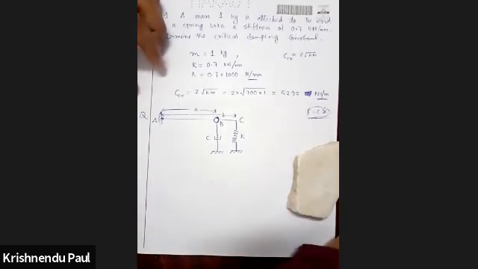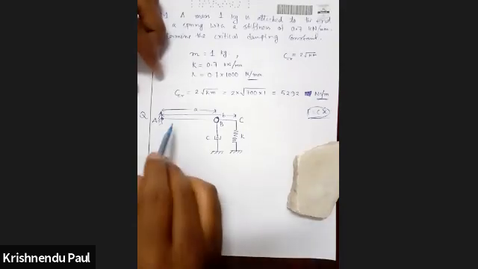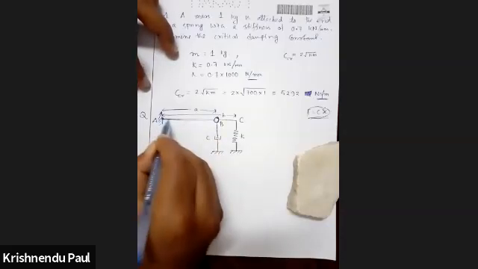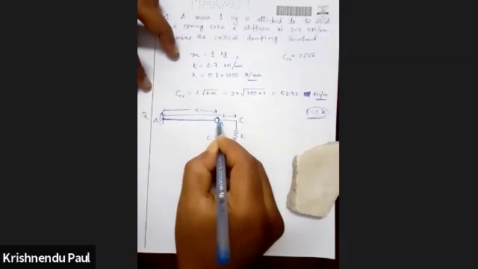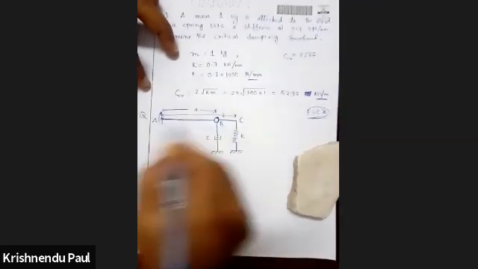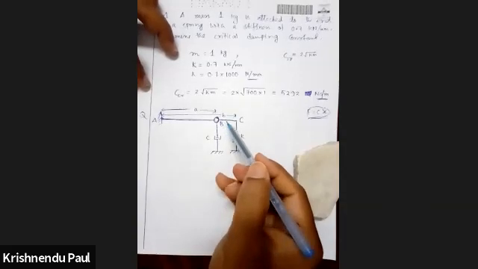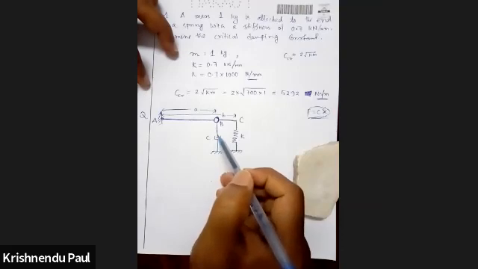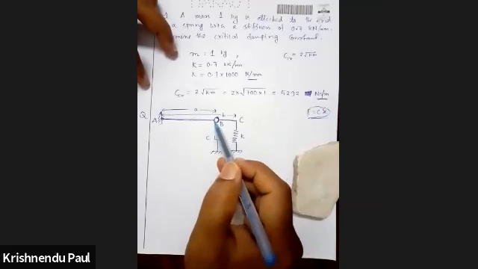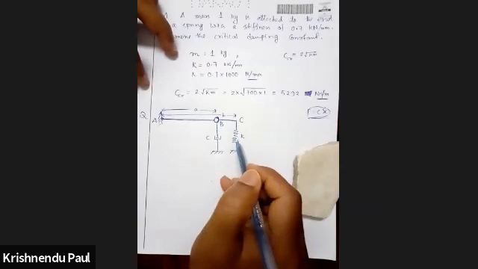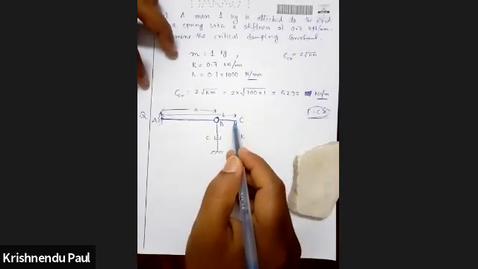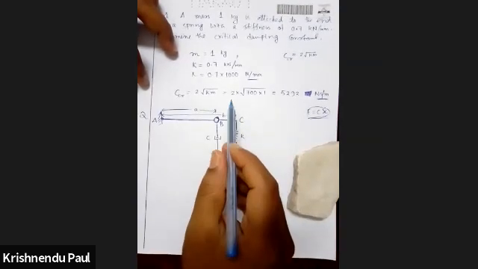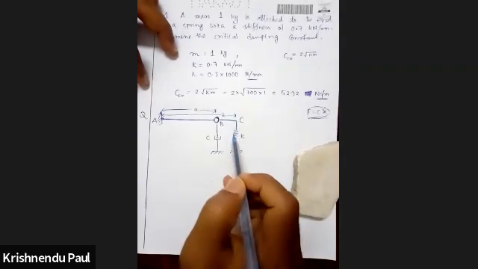Okay. Now what will happen? This bar which you can see will vibrate in the vertical direction. Now there is a damper attached, so the damper will try to resist that vibration, to reduce the vibration, and the spring will give the opposite force. If it is vibrating in the downward direction, it will try to push it in the upward direction. If it is going in the upward direction, the spring will try to pull it down.